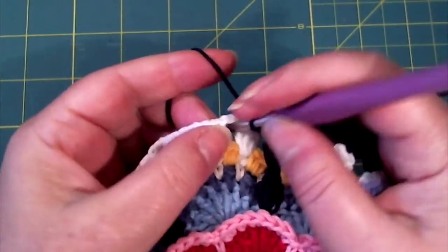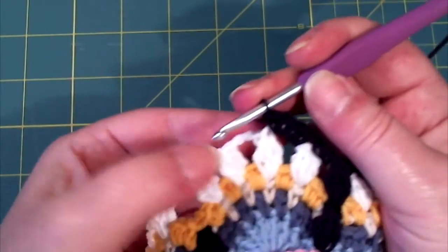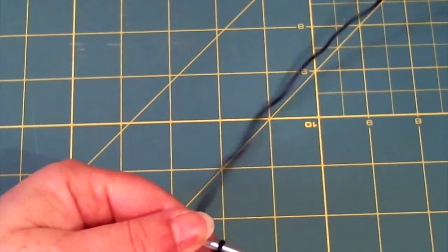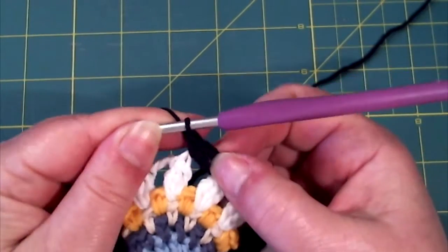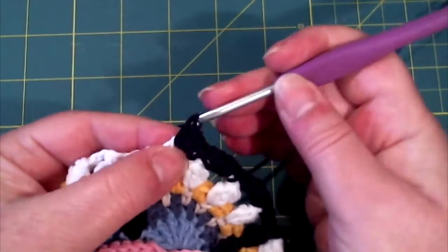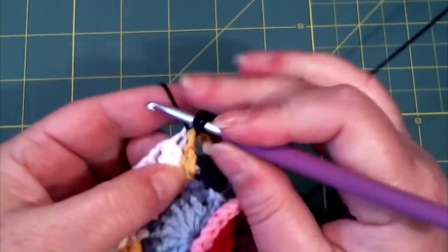Then we need to make 4 single crochet in the next chain space, 3 and 4, and in the center space we need 5 single crochet. 1, 2, 3, I need some yarn here, 4, 2, 3, 4, and 5, and 4 single crochet in the last chain space on the pillow, and again 2 single crochet in this chain 3 space, and 3 double crochet together in this chain 2 space,